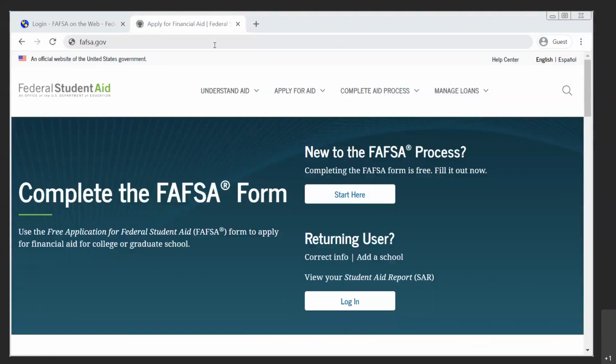The first step is to go into your internet browser and enter the website fafsa.gov, which will bring you to the following page, which is the FAFSA homepage. Here you can either click Start Here if you're a first-time user to the FAFSA, or log in as a returning user. You're going to click the option that best fits you, and then you should be brought into